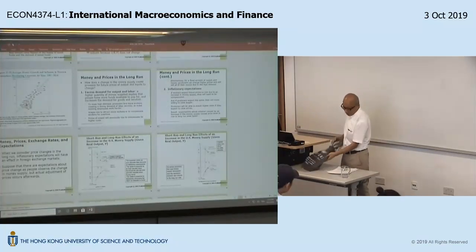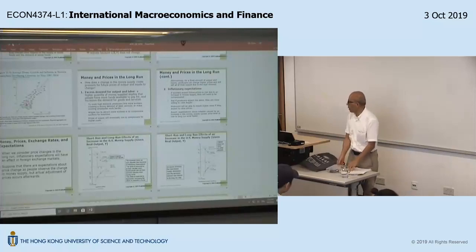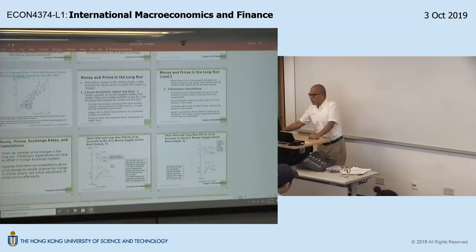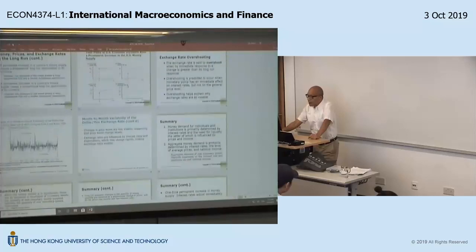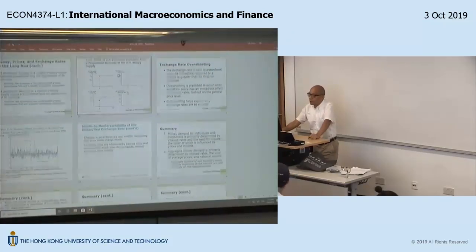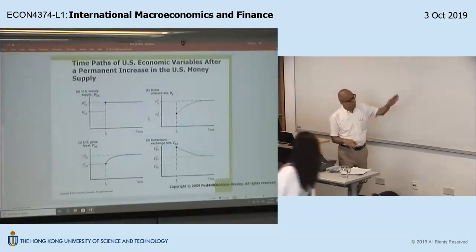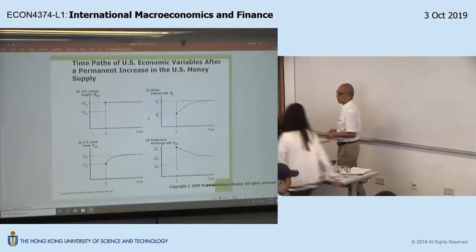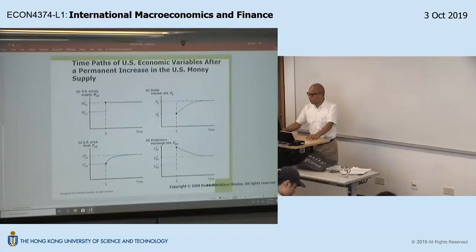It's very important to distinguish between short and long run, because the effect is very different. And as a result, we get these diagrams, and we see that there's overshooting. Overshooting explains